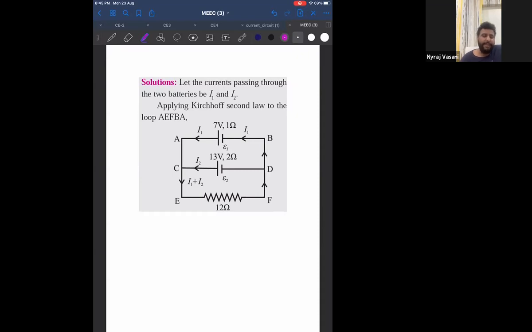Now, how do you apply this? For the first 2 to 3 problems, you can look at the law and look at the problem. After that, the law should be by heart. Law should be by heart. And then you should be able to apply it.